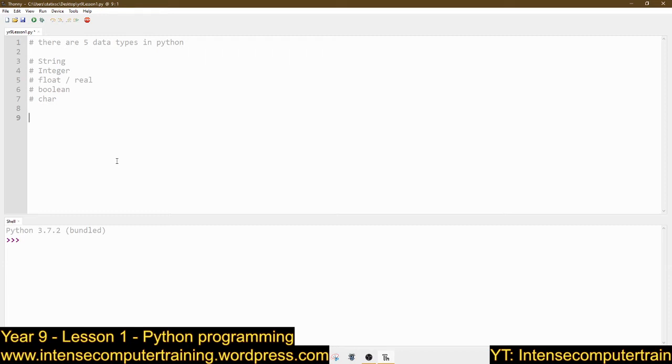So we'll start with a string. A string is any amount of characters between speech marks. We've already done an example of this. If I go print and I go hello everyone, we have in fact created a string data type there. That bit from the H to the E, not including the speech marks, that is what we call a string. It's any amount of characters between speech marks.